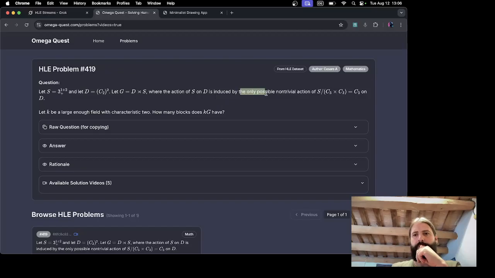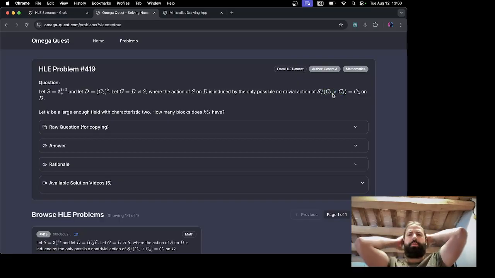And now by the only possible non-trivial action of S on D. Okay. But still remember that all we need to do is this product is on S, it's not on these, right? But the thing with the non-trivial action and inducing is that